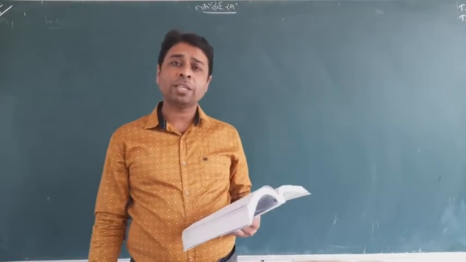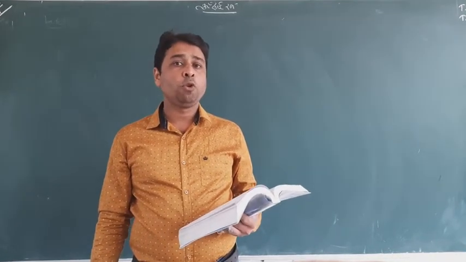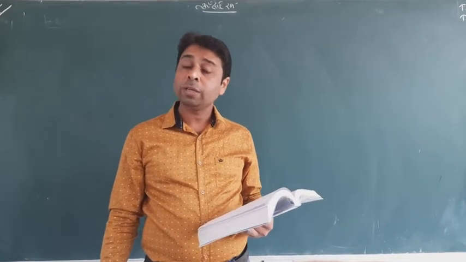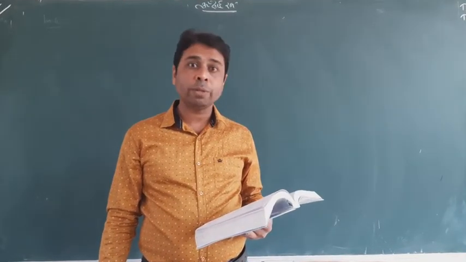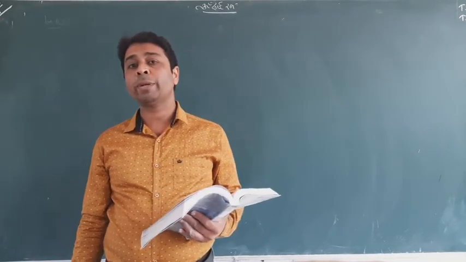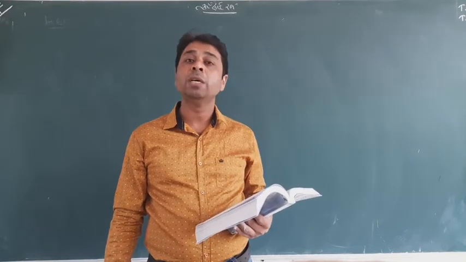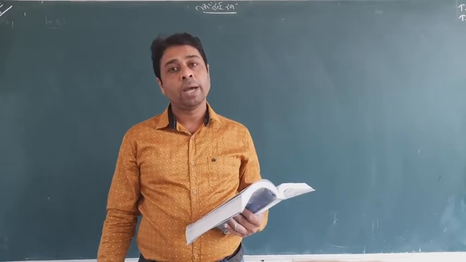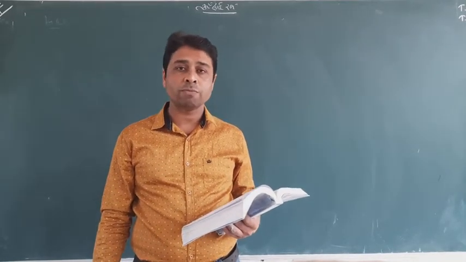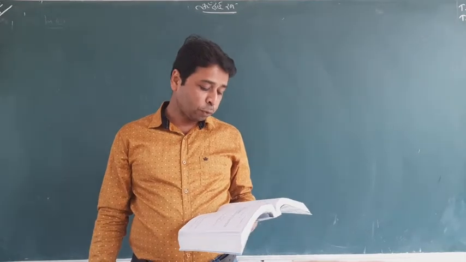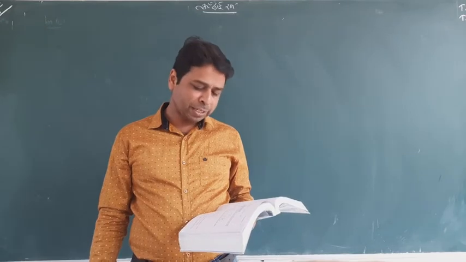Check whether it is along the x-axis or the y-axis, and whether a is greater than b or a is less than b. Then first find the value of e using the formula either a square equal to b square into (1 minus e square) or b square equal to a square into (1 minus e square). One of the formulas will be used depending on whether your ellipse is along the x-axis or the y-axis. Get e first and then find one by one all the things told in the book. From question 10 to 12, the questions are when vertex and foci are given.